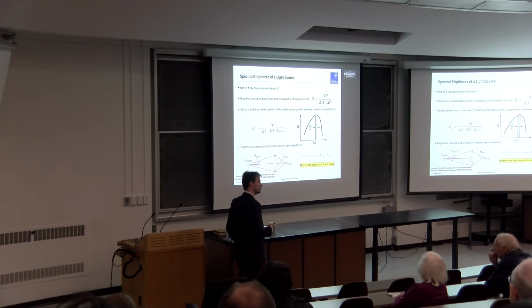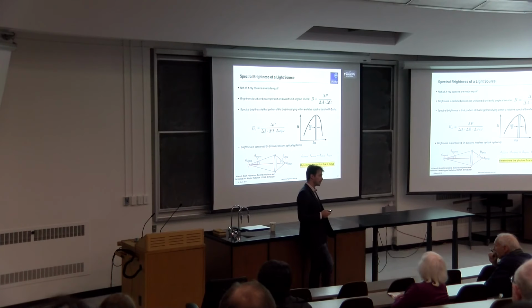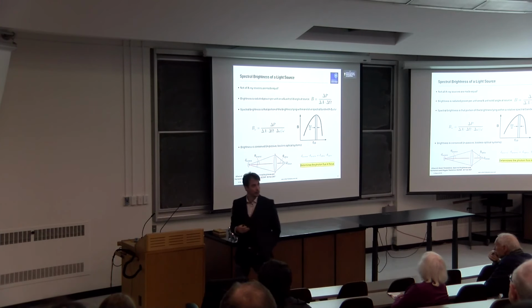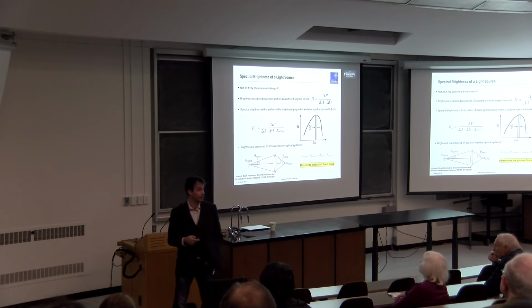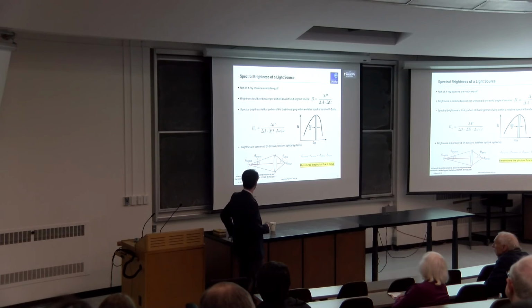So you could have a CW source, a continuous wave source, where the average and the peak brightnesses would be the same, of course, but these are all pulsed systems, right? So the electron bunches come in pulsed streams, and so you get an array of pulses at the LCLS at 120 hertz, at the European XFEL at about a megahertz, right? So the peak spectral brightness is the quantity that we care about.